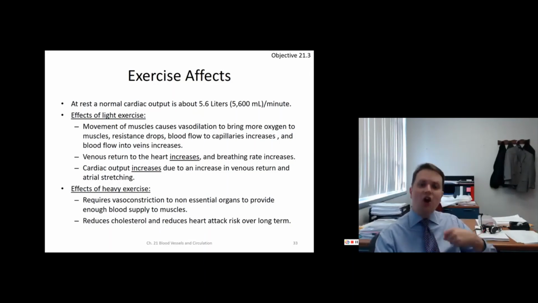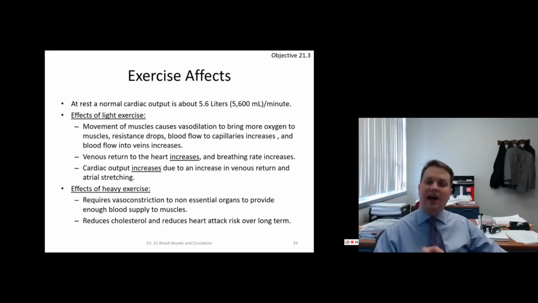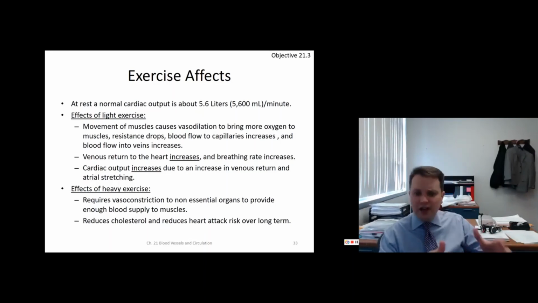Remember, cardiac output increases as a factor of increased venous return. That is the Frank-Starling principle. And there is a statement I just made there that is a great test question. Hugely important. Okay, now, if you're heavily exercising, you're going to pull blood away from any organ you don't need,